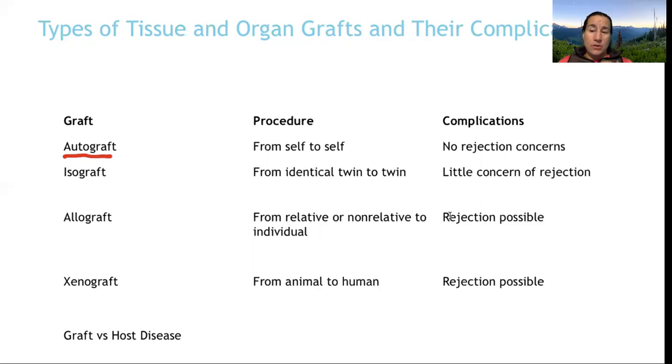And so they were able to use that to graft on. Maybe you are undergoing a mastectomy for breast cancer and you need extra tissue. If you are getting the tissue from yourself,